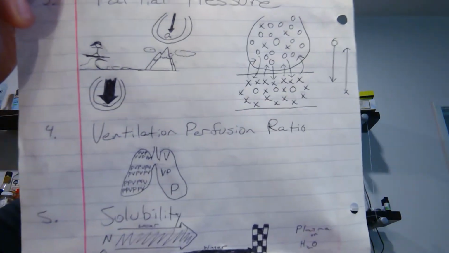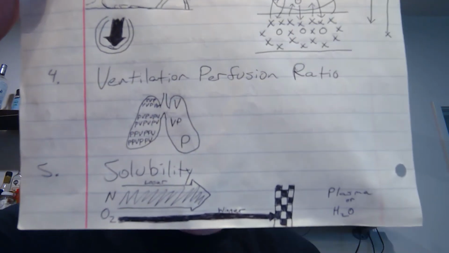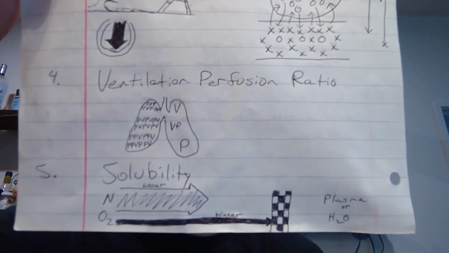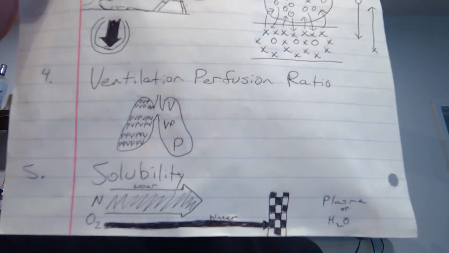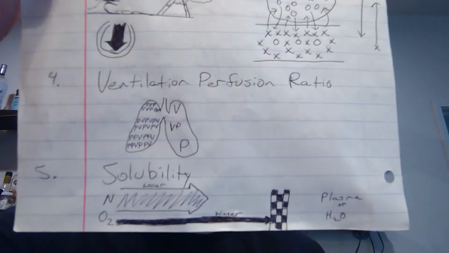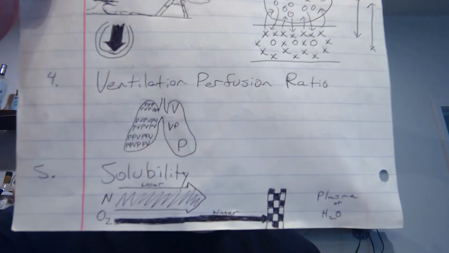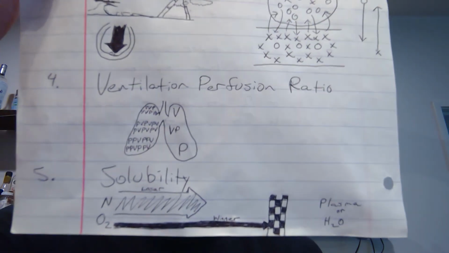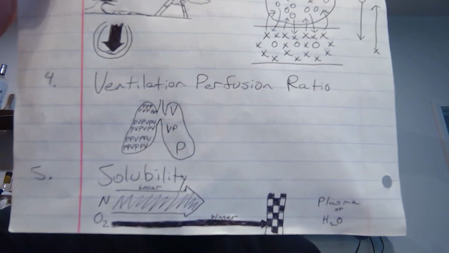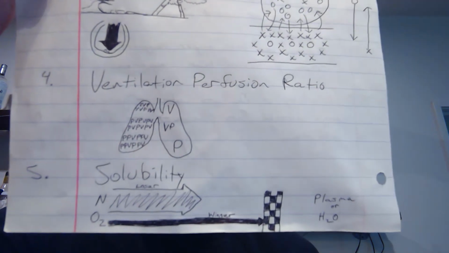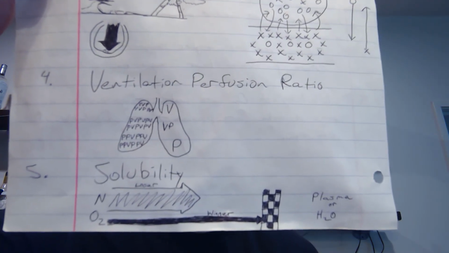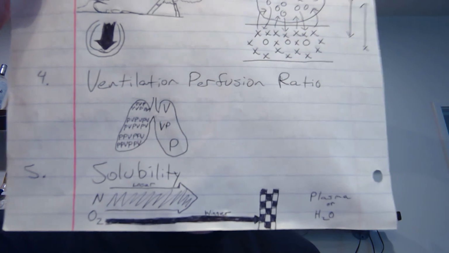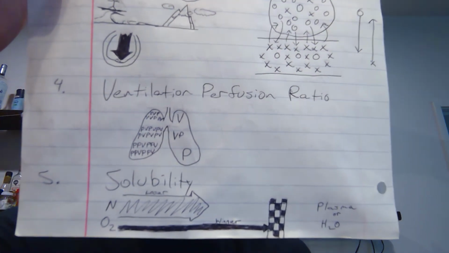And then lastly, the solubility of oxygen into H2O. Well, we know our blood is primarily made up of water. So it is very important for whatever gas that is entering into that circulation that it needs to be able to dissolve in that water. Especially important for oxygen, dissolve in that plasma and water so that you can hop on to hemoglobin. So even though nitrogen makes up 78% of the atmosphere's gas and oxygen only makes up 20%,